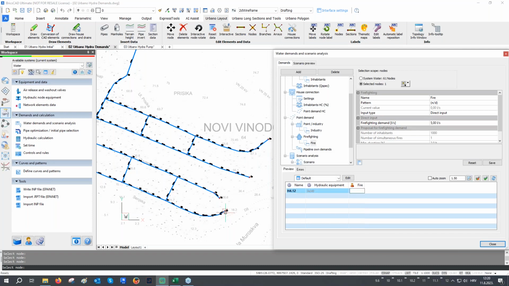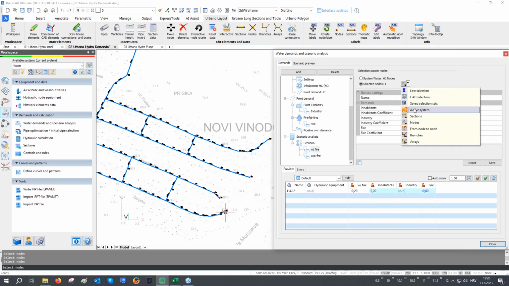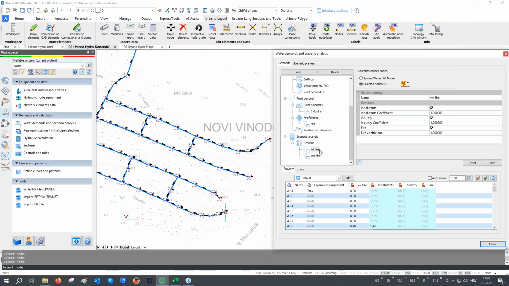And I will define it as 10 liters per second. And now you can also define and create scenarios, water demand scenarios, or let's call them variants. So I created one with fire where I have all these checkboxes turned on, and I have one without the